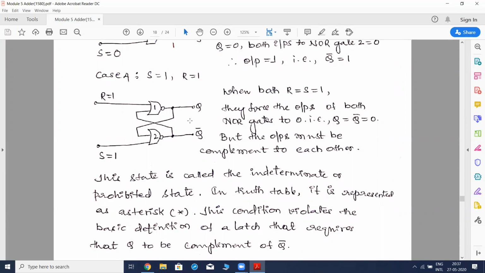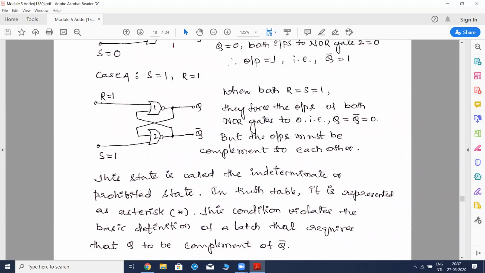But it cannot happen. Why? In a latch, our outputs must be complement to each other. Thereby, we call this state the indeterminate state, or the prohibited state,